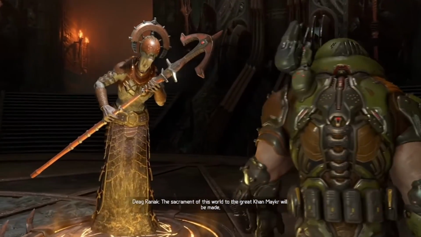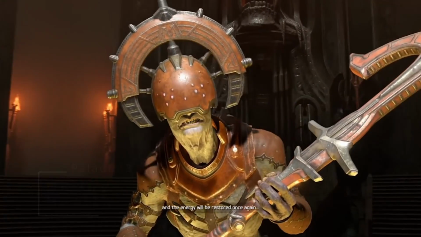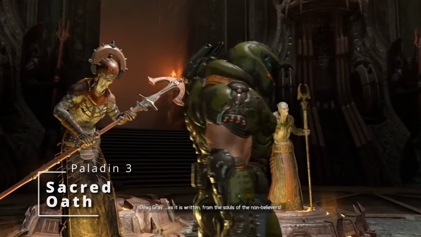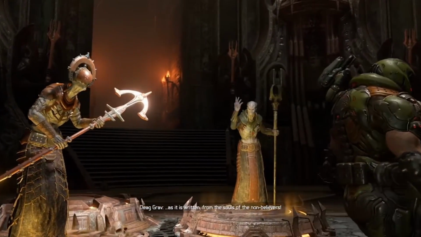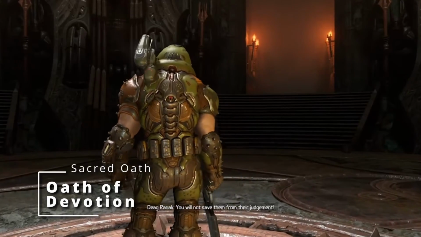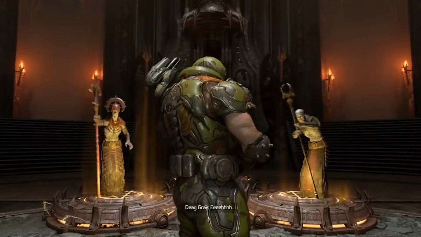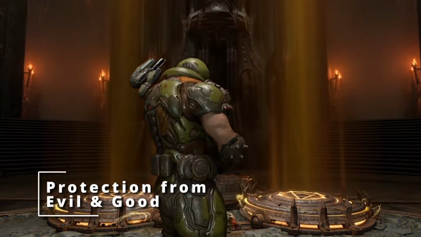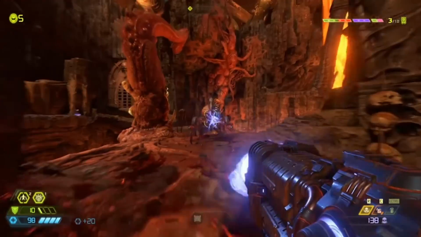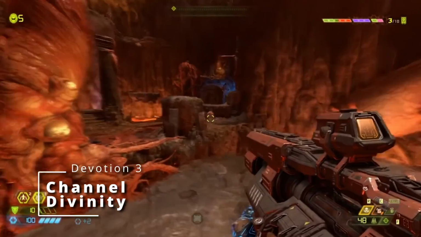Then at 3rd level of Paladin you get Divine Health, making you immune to disease, and you get to take a Sacred Oath. There are a few good choices here, like Oath of the Watcher for keeping the demons out of our world, but I like Oath of Devotion for this situation, because you are sure devoted at annihilating fiends. This gives us additional spells like Protection from Good and Evil, which is really helpful for fighting fiends, and Sanctuary, as well as some additional options for using our Channel Divinity,